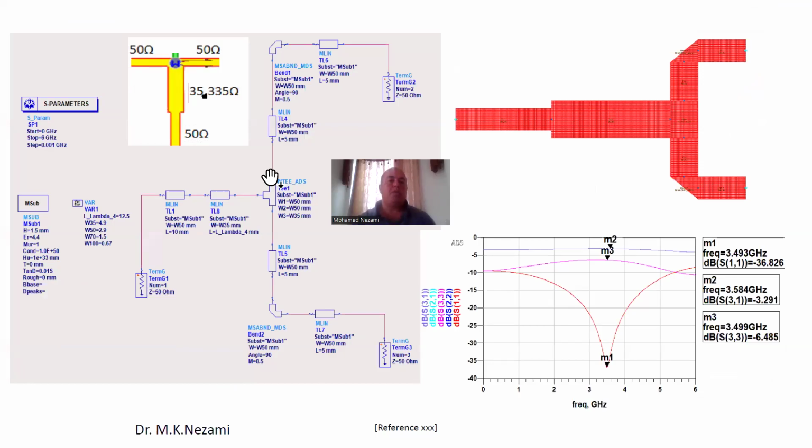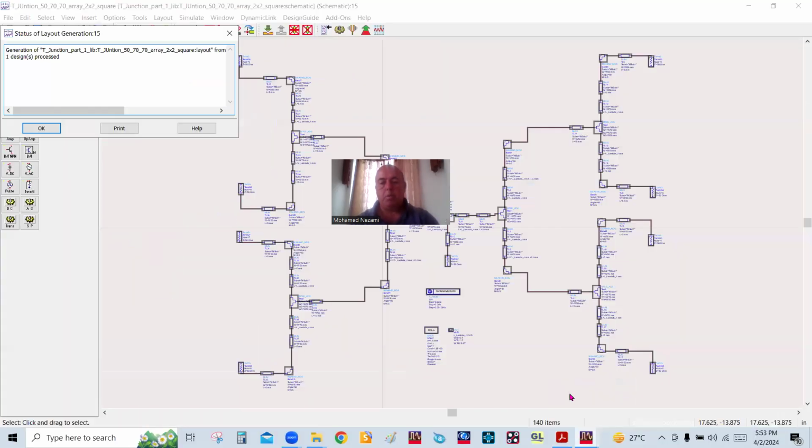So you can see the first one, we came in here and we can start out with a 50 ohm, add another quarter wave here. We have a T-junction in here, okay? And then we split into 50 ohm on both sides, and then a 50 ohm line, we have a 90-degree bend. And that's what we got. You can see the performance is exactly 3.5. And the return loss, S11 is good, beautiful. S22 and S33 is minus 6 dB, as you can see. And that is basically what we have